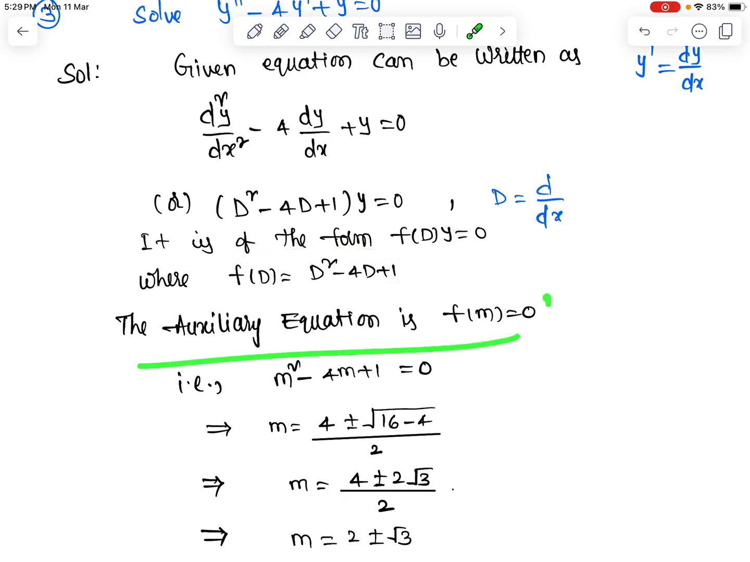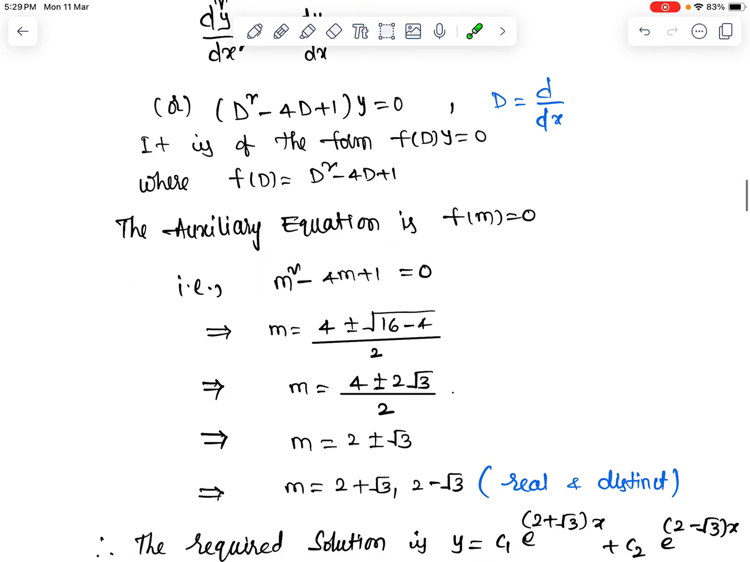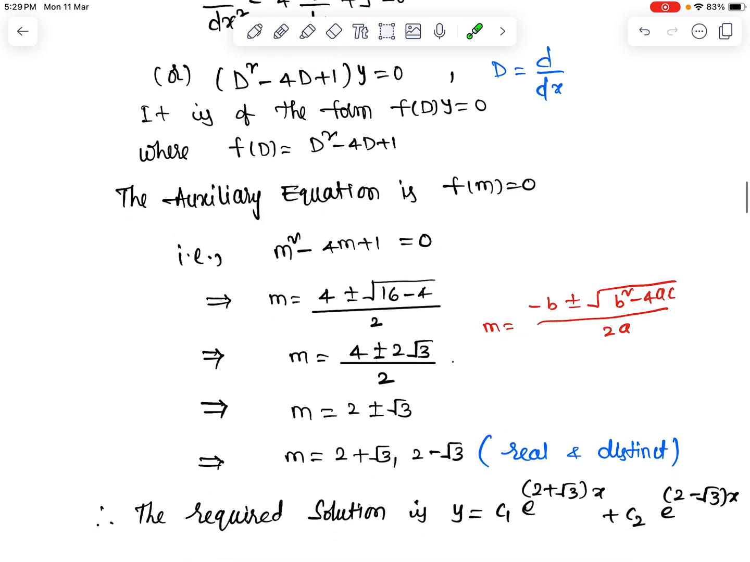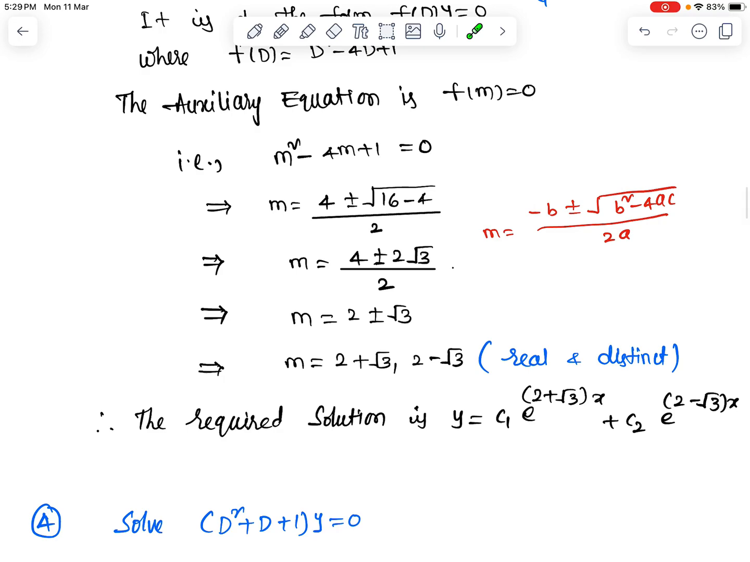Next, the auxiliary equation is f of m is equal to 0. We just need to replace D by m in the above operator form, that is what we have written here. We need to find the roots using the calculator, no need for anything else here, or otherwise you can use the formula: minus b plus or minus under root b square minus 4ac by 2a. Use this formula to find the roots. By using the calculator you can directly get these two roots. These two roots are real and distinct only,